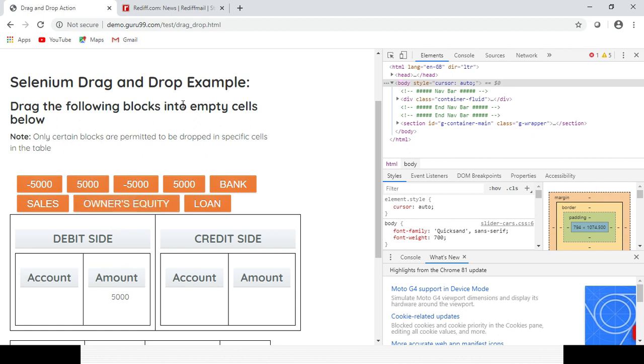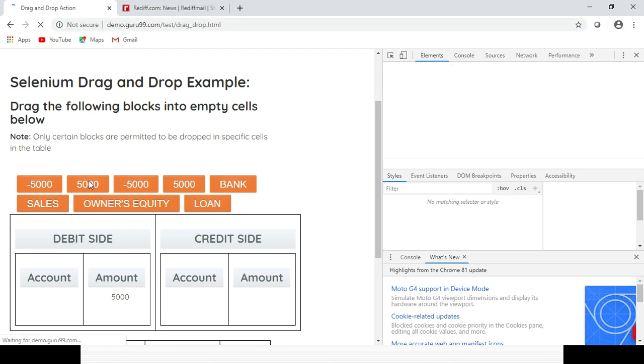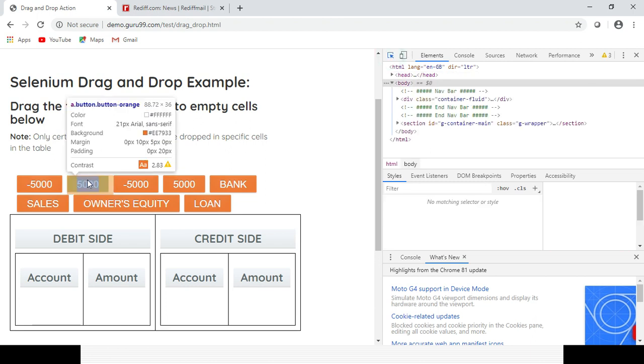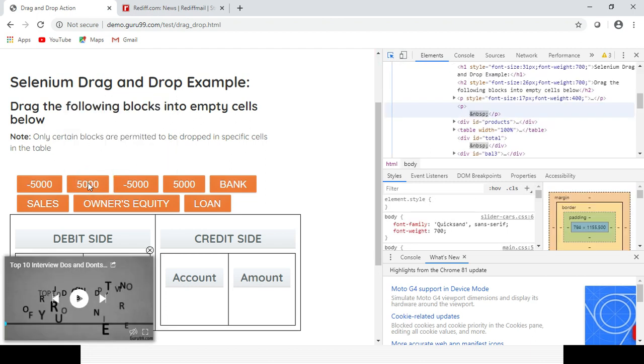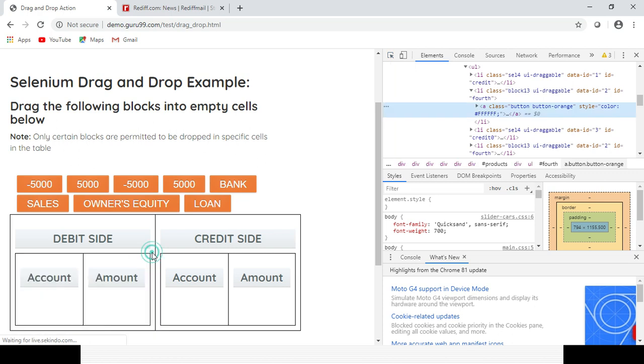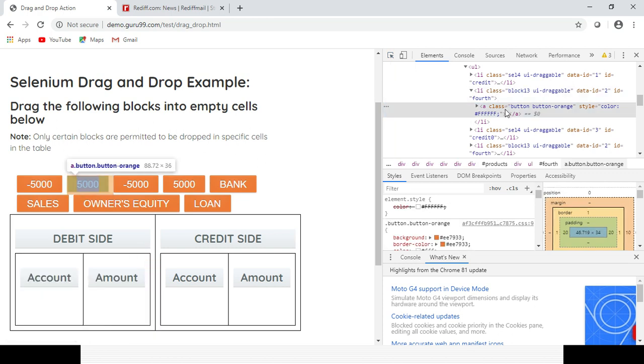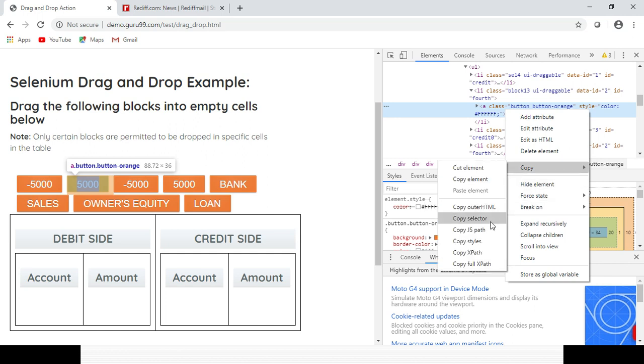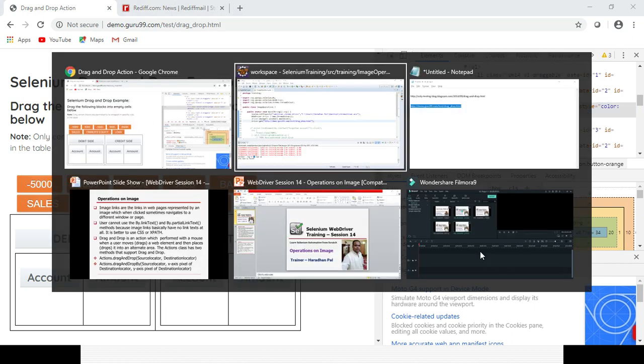So how can you drag and drop it? Let's refresh the page. First I need to identify the source element, right? So I need to inspect it. I will take the XPath for the source. Copy XPath. So I will create the